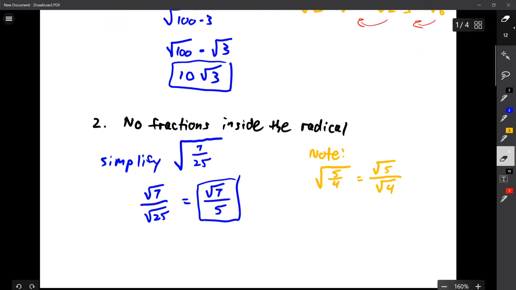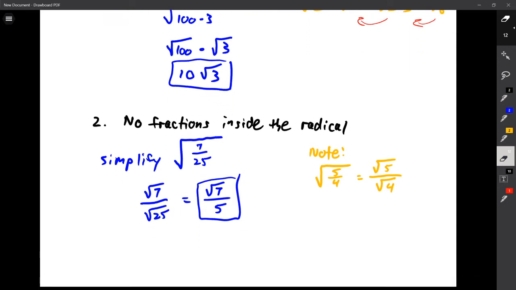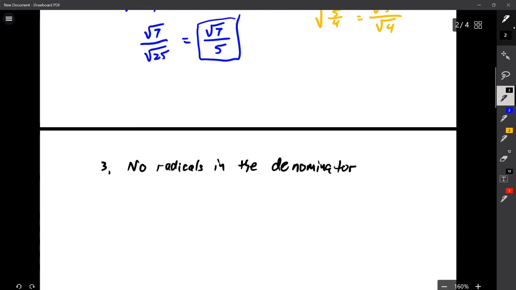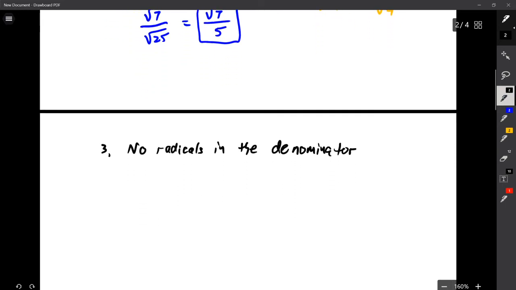And sometimes, though, when you deal with rule number 2 kind of stuff, you'll run into rule number 3 of simplifying. Rule number 3. And it's this: no radicals in the denominator. So what if instead of 7/25 we had this? Let's say we had this. Simplify